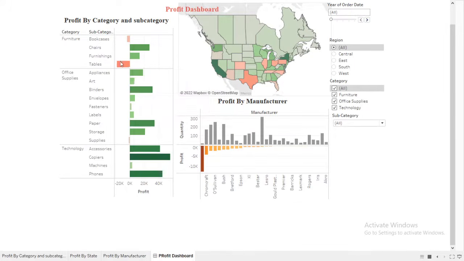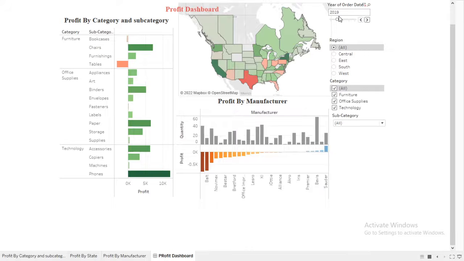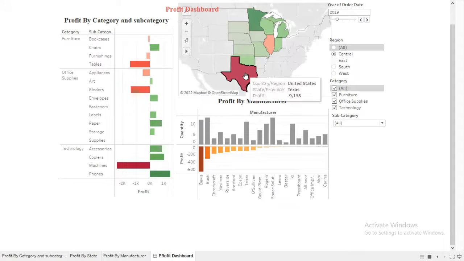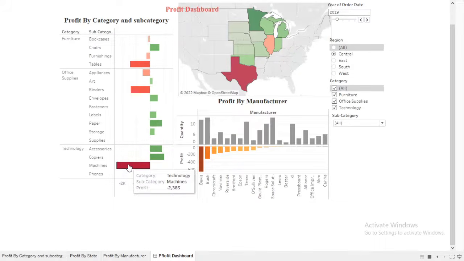So you can see here, suppose this is the table subcategory which is having the maximum loss. So I want to find out in which year what the statistics are. So in 2019, you can see for the central region, Texas is having the negative profit, or the loss. For which category? For the subcategory machines. And for this subcategory binders, for this subcategory tables, and you can see which manufacturer is contributing to the